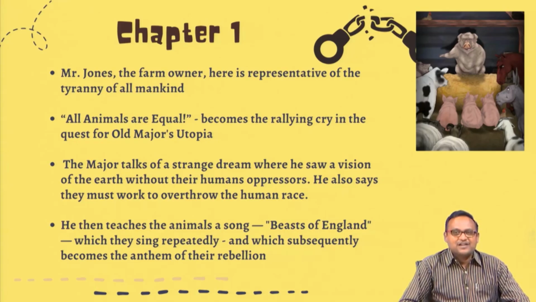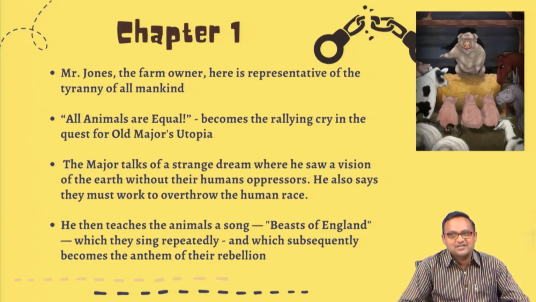This is a part of Old Major's utopia. Of course, you can think of Karl Marx's vision here, because Old Major symbolizes Karl Marx, or he even symbolizes Lenin's idealism and all these things. Okay. So now all the animals are impressed. In the meeting they also come up with Beasts of England, which is later adopted as some kind of national anthem, or the farm anthem.